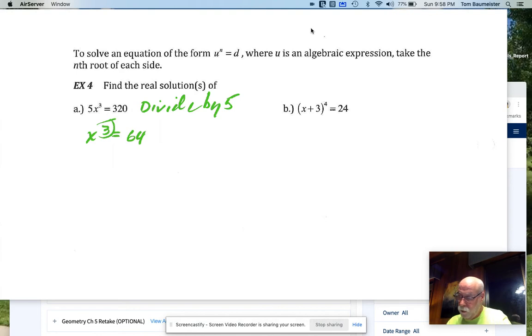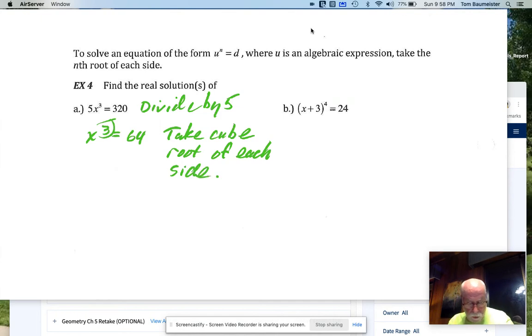I take the cube root. And when I do that, I'm going to have the cube root of x cubed is equal to the cube root of